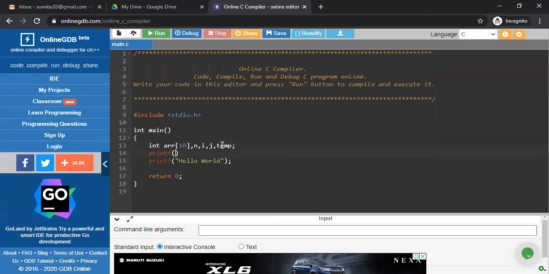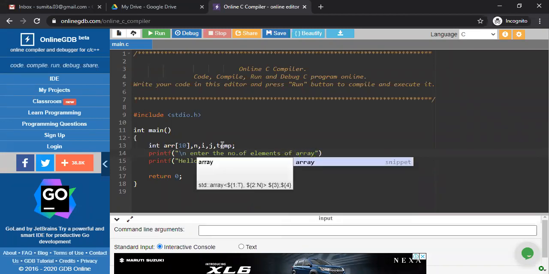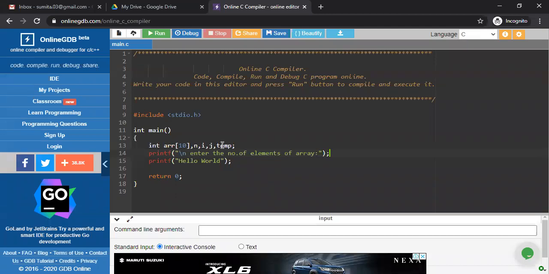We all know that we have to tell the compiler how many elements we have: "Enter the number of elements of array," and we have to scan that n.